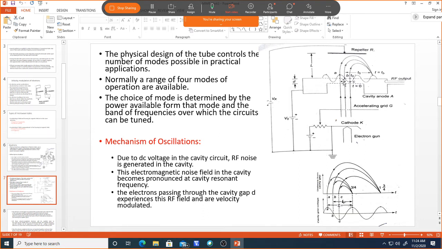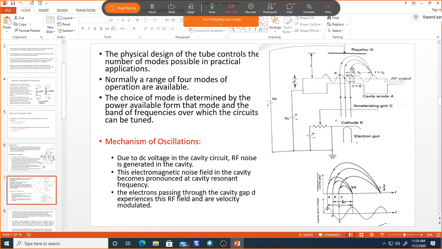Okay, so now the space between this repeller and the cavity is called L, and the space in the cavity is called D. By intelligently designing D and the spacing L, we can collect these electrons at a particular point where they will have maximum energy, because whenever the repeller is repelling back the electrons, they retard and lose energy.